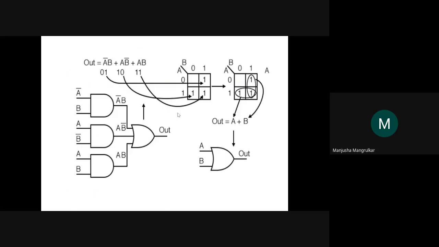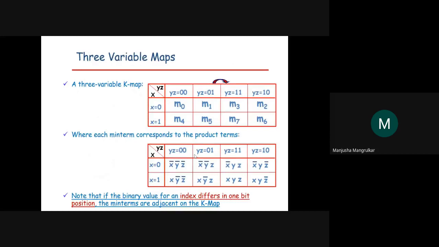And the circuitry, as we have explained here, you are using 3 AND gates and 1 OR gate, or 2 OR gates. So instead of that, we can do it with only one OR gate. So that is the most beneficial thing, to minimize this much circuit into this. And it is the easiest way. So that's why KMAP is very famous, and in all the combinational and sequential circuits, it uses the KMAP rather than the Boolean expressions theorem, right?